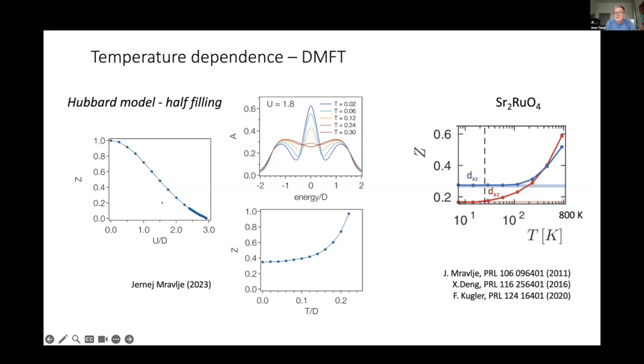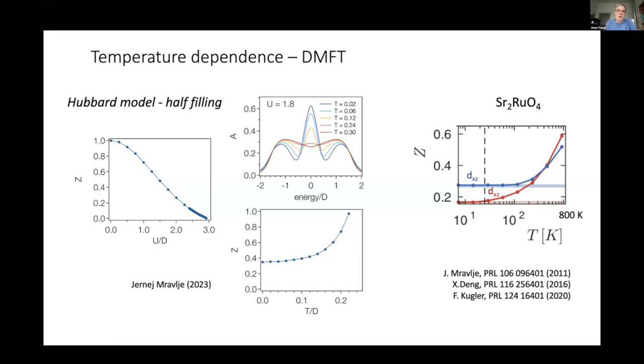If you stay at moderate U, so before this metal insulator transition, these are some of the spectra that you obtain. There is a quasi-particle peak and a lower and an upper Hubbard band. And when you extract Z, you find that Z actually increases with temperature. The same is found in a completely different system, the system we are studying now, a multi-orbital Hund's metal like strontium-2 ruthenium-4, where for the 2 orbitals in both cases, you find that Z increases with temperature.